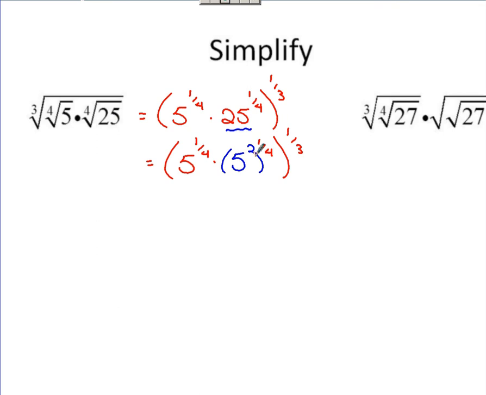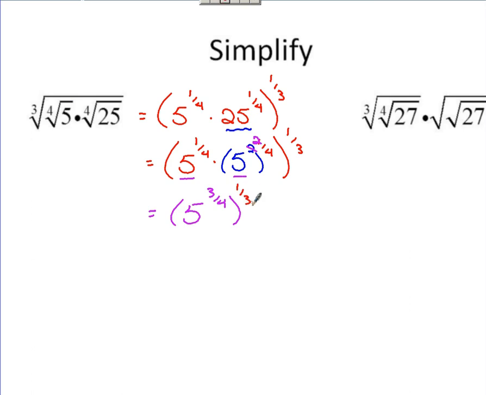Now, when I take this 2 times this 1/4 to do the power to power trick, that's going to give me 2/4, right? So let me make that note. I've multiplied here, that's 2/4. These are the same bases. So if I'm multiplying with the same bases, base stays the same, stays as 5, but add your exponents, 1/4 and 2/4, I get 3/4 back. So inside simplified to 5 to the 3/4,